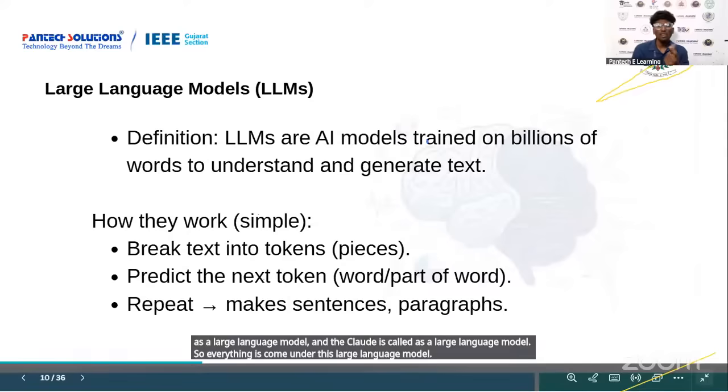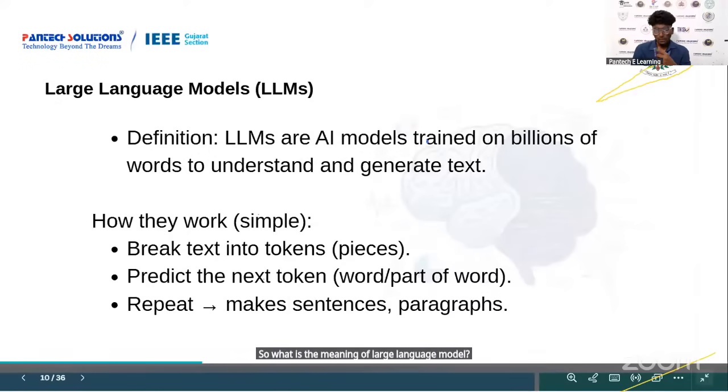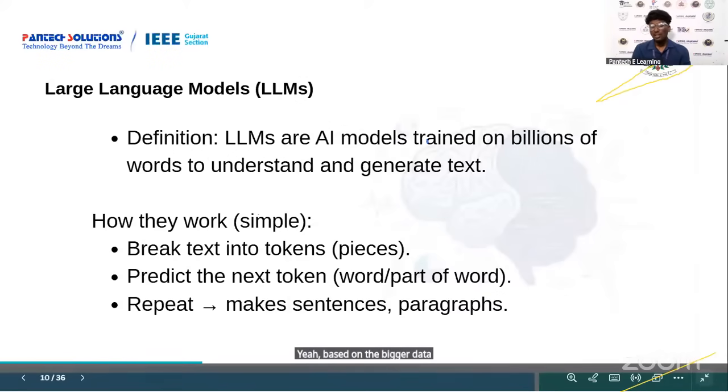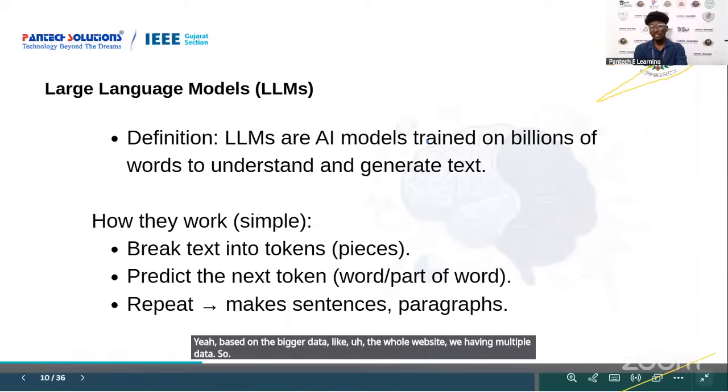So what is the meaning of large language model? Basically, it means we can train the AI on bigger data. All over the websites, we have multiple data and multiple perspectives, and everyone can write a blog or some kind of stuff on the internet. Based on that text data, we can train the AI, and the AI can easily respond based on the previous data.